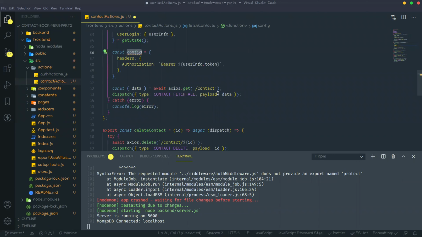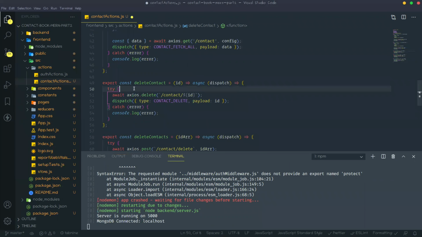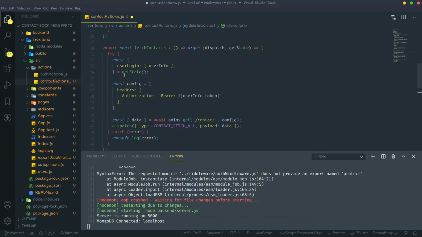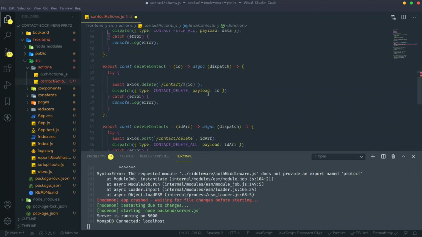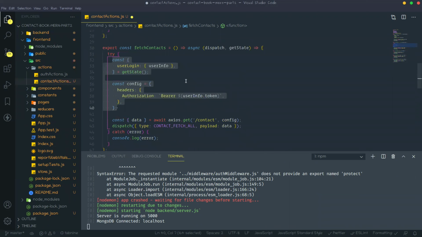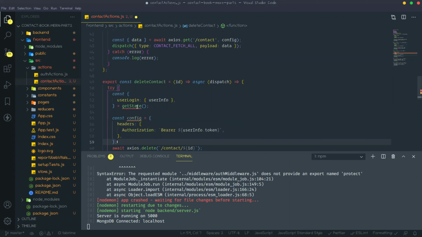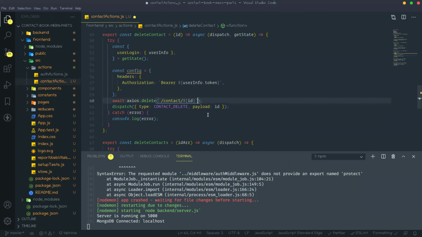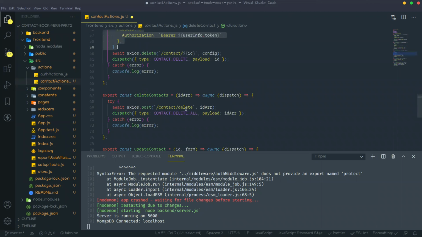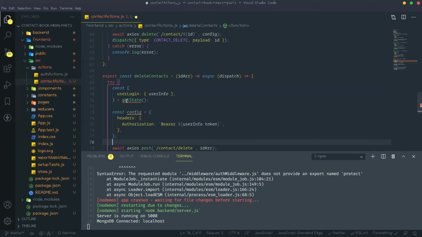That config will come here. Then for delete also, delete contacts also.